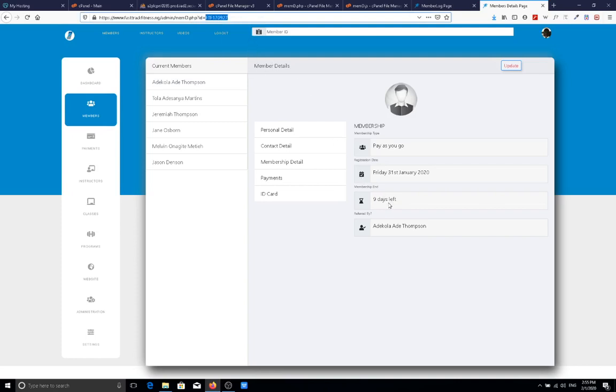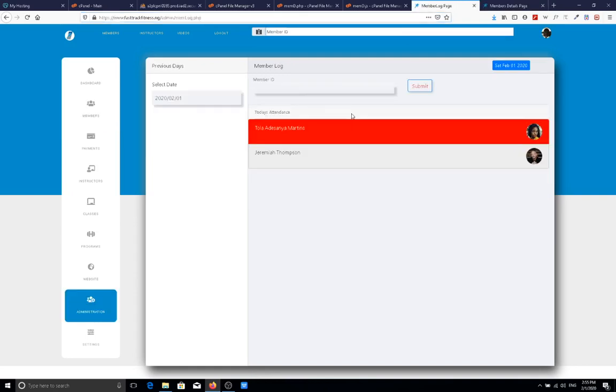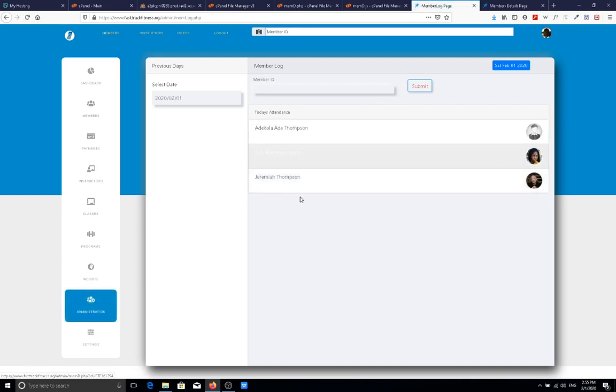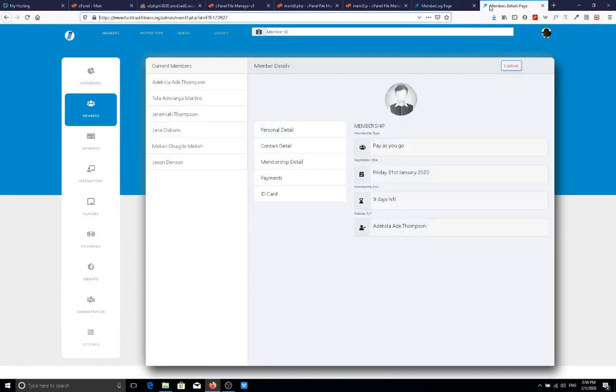Now if it was to show 0 days left, if we log them in, it will show their name in red, meaning they can't go in. But since they still have 9 days left, it should be in white. So I'll hit submit, and you can see the name comes up at the top now, Ade Thompson. Now if I was to reload his page